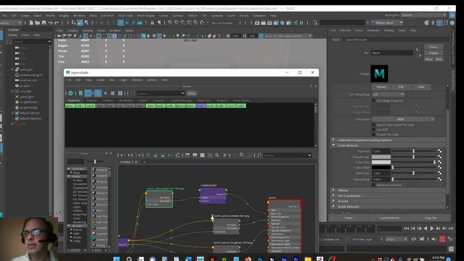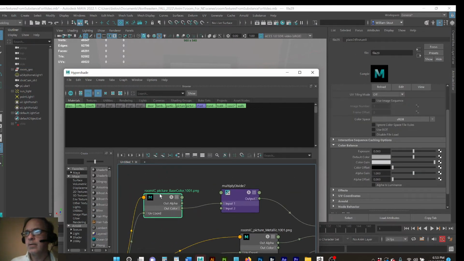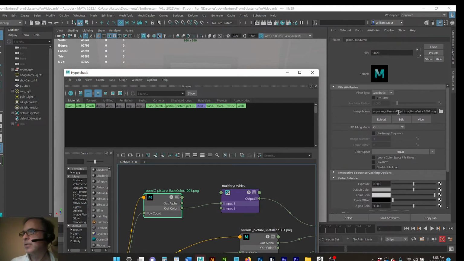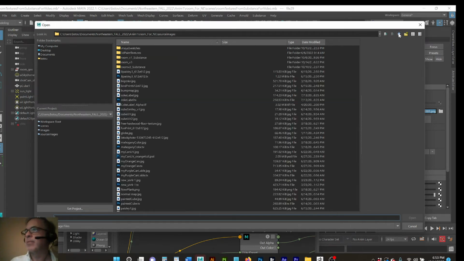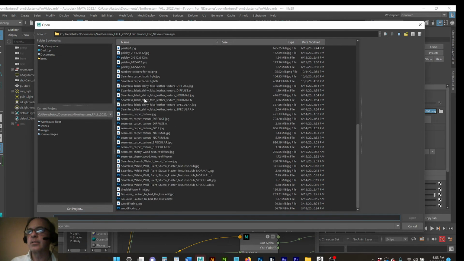There's my base color. So the out color of the room picture, it has a base color. Okay, give me one even though I didn't. It's not what I want. That's fine. Substance maps brought it in for me, but really what I want is the